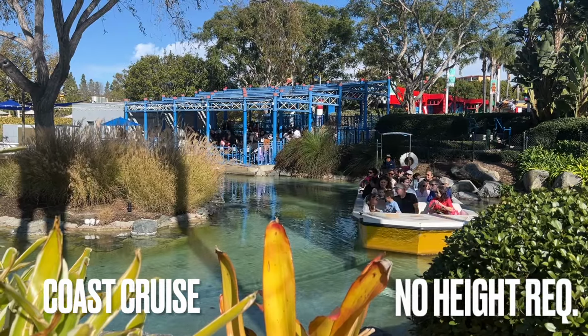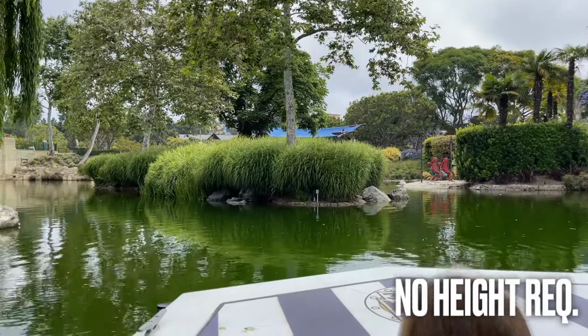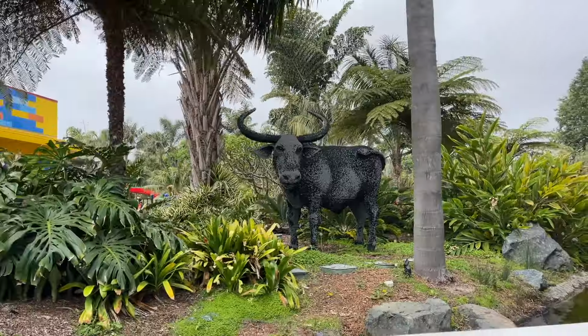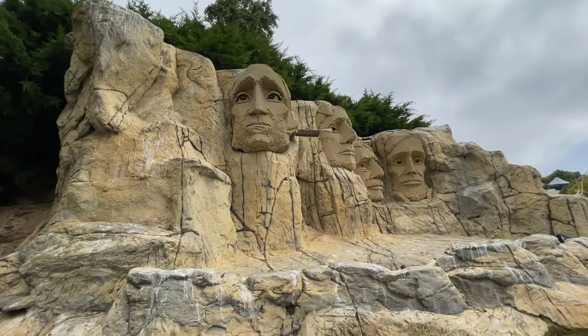This is a slow-moving boat attraction that's fun for the whole family with no height requirement. You'll get a guided tour through a dozen LEGO displays, including the Taj Mahal, the Eiffel Tower, Big Ben, and more. It features a lot of dry humor, which makes the Coast Cruise one of my favorite attractions in the